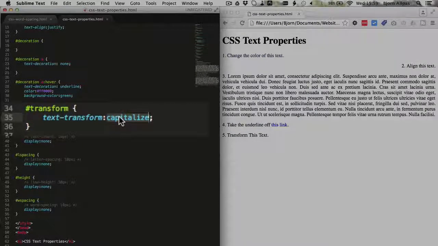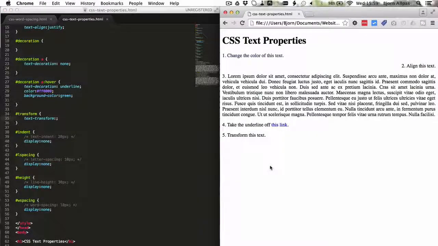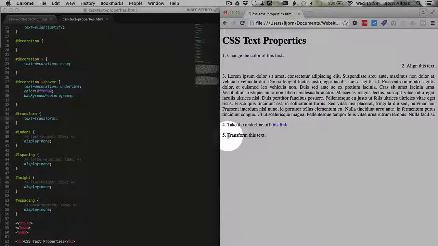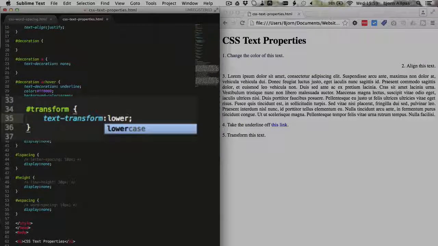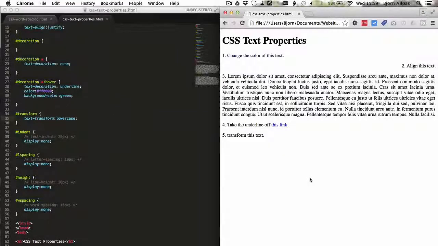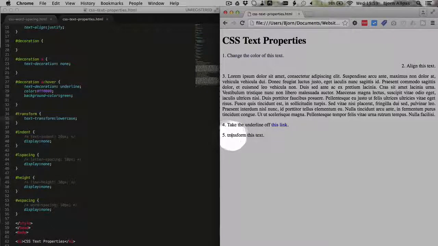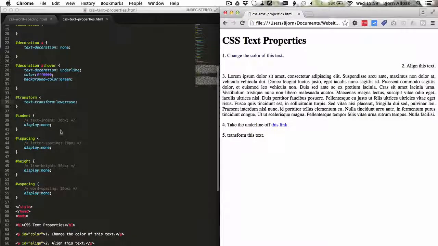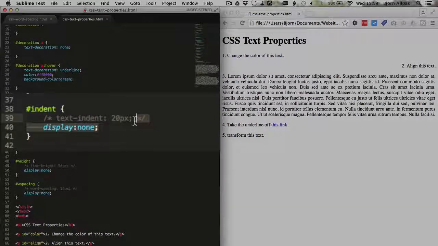If we change it, hang on, first we're going to change it back to default. We see that by default we have the first T capitalized. Now if we add for the value lowercase, this T is now lowercase. And so if the whole sentence was all uppercase, it would all be lowercase now, which is a pretty handy text property to have. And then we have the indent property, which is pretty self-explanatory,